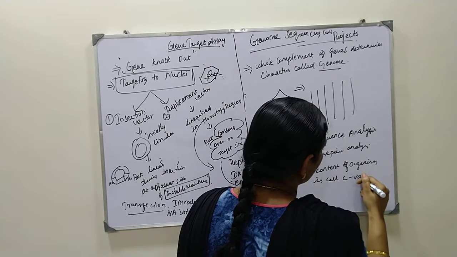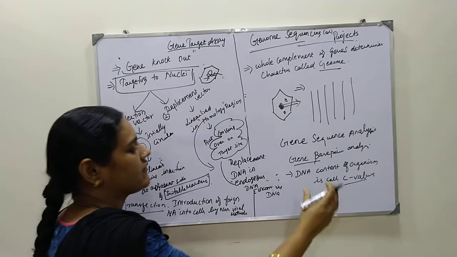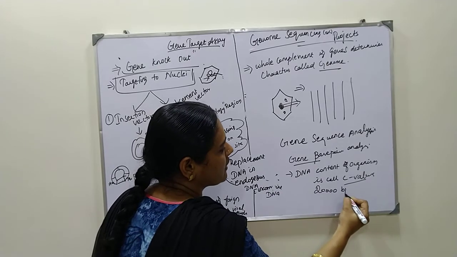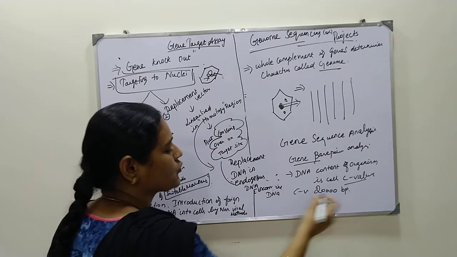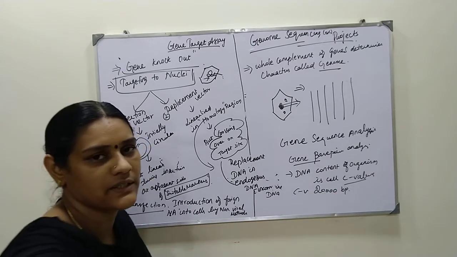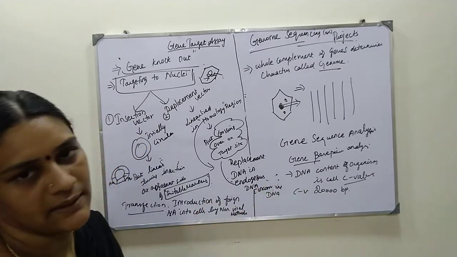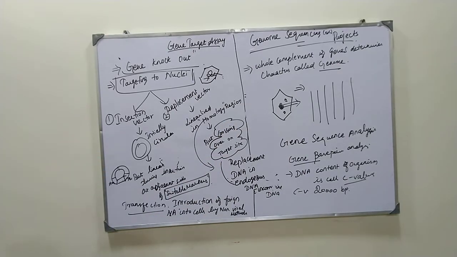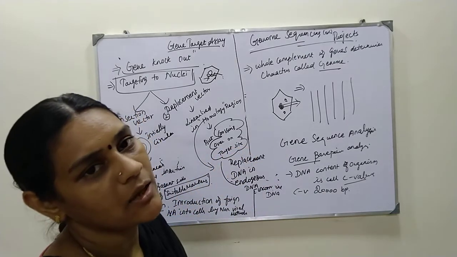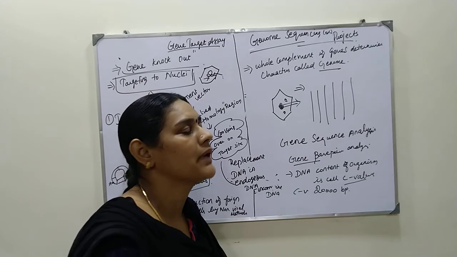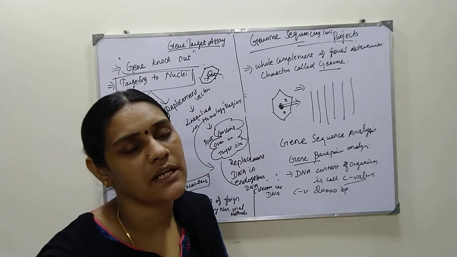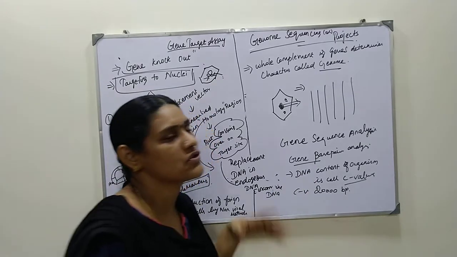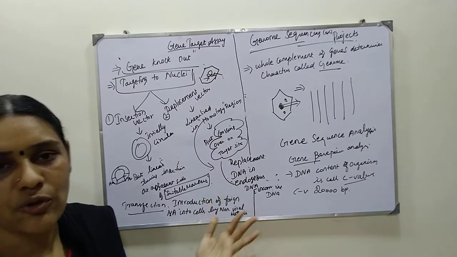The DNA content of the organism is called the C value. What is this called? C value means, for example, the rose plant has a C value of, say, 2000 base pairs. I am giving an example. C value of the rose plant means the rose plant consists of this many base pairs. That is the DNA content. This is about the genome sequencing project. They have studied Chlamydomonas and Arabidopsis, the two plants, along with rice and maize. Scientists have analyzed the full gene sequence and gene base pair content. This is about your genome project, or genome sequencing. Thank you.